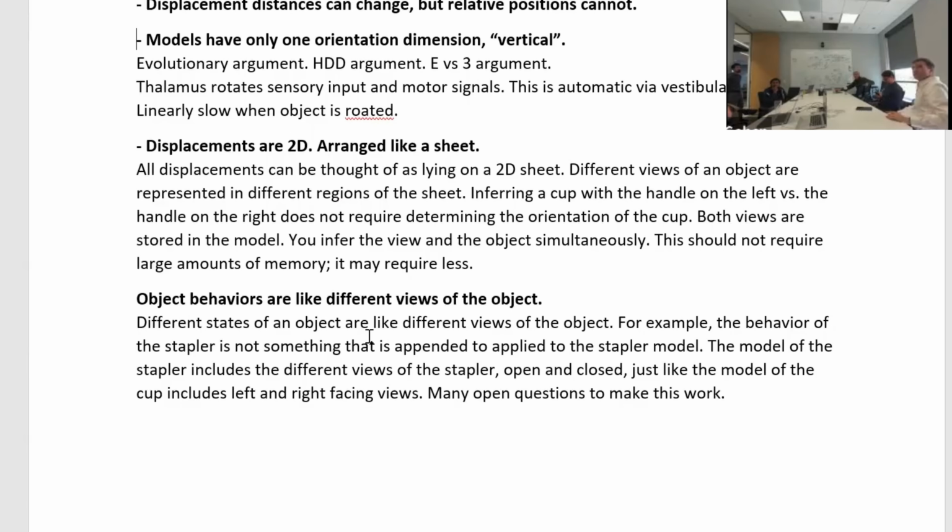I'm trying to understand object behaviors in this idea of a single sort of model, and that what you're doing is instead of having a model of what an object looks like, and then sort of a separate